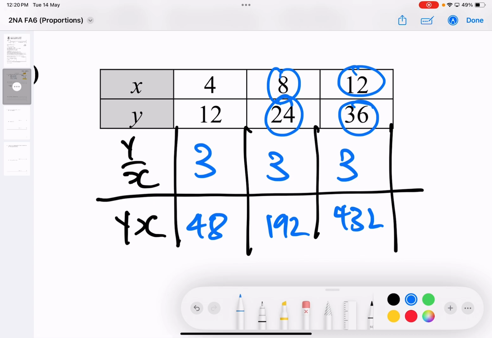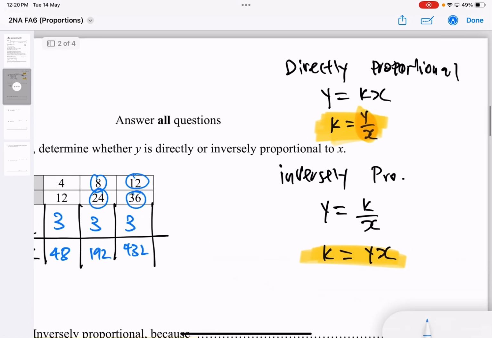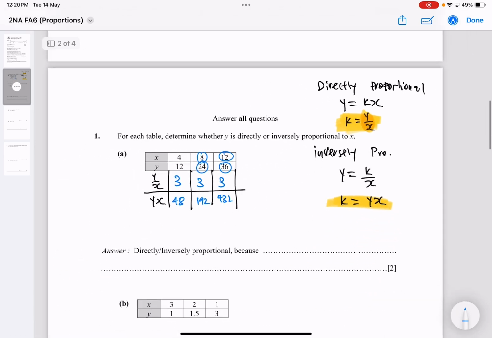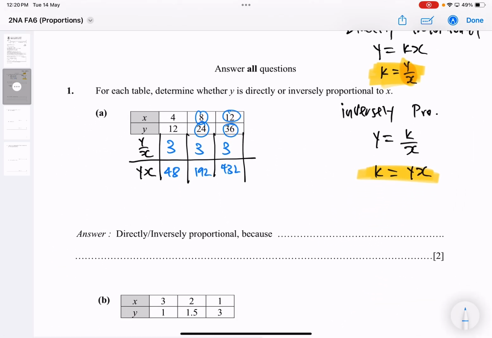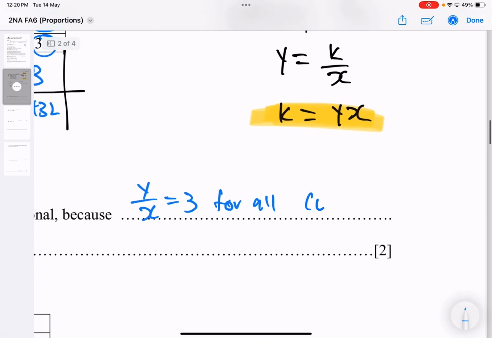First one. So is this y over x directly proportional or inversely proportional? Can you look here? Which one is it? Direct. Okay, so therefore this is directly proportional. Why? It's because y divided by x gives us a constant equals 3. These are the keywords that I want to see, because you know y divided by x is equals to 3 for all